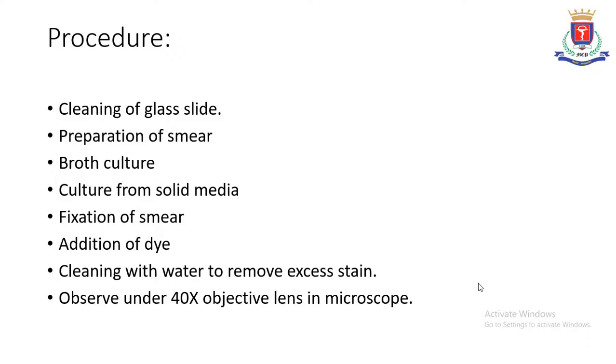ready. After the inoculum is ready, you will introduce the sterilized nichrome wire loop into the inoculum tube and transfer that inoculum onto the glass slide under the marked area, and you will spread it inside that marked area. Once you spread it, allow it to dry and then heat fix it.